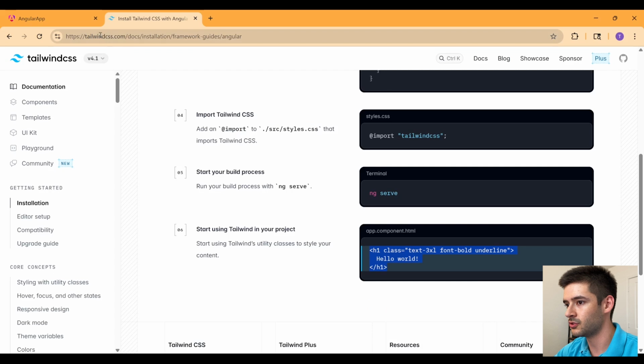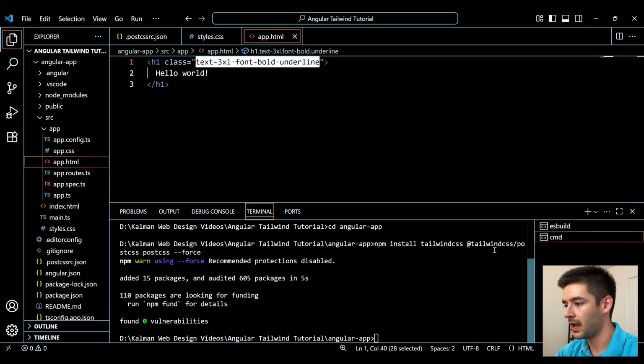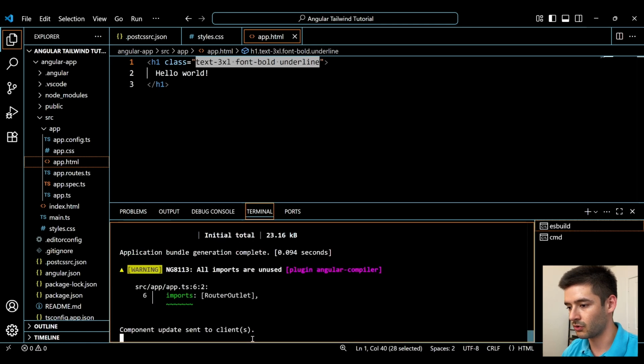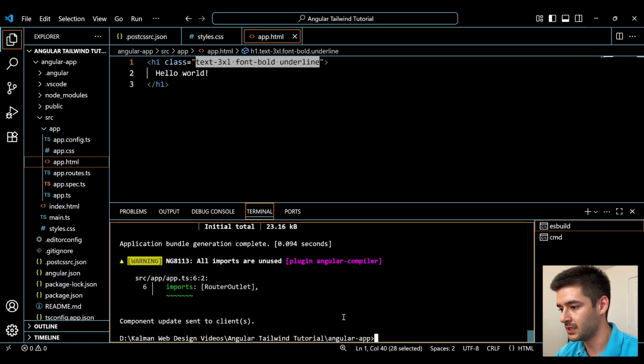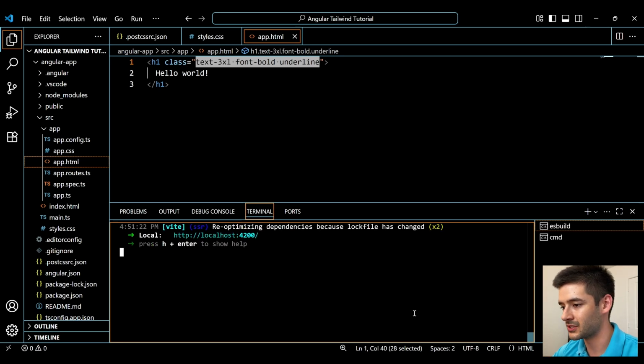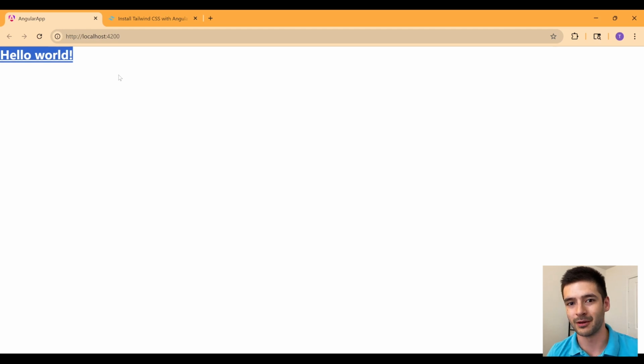If we go back into our locally hosted URL, you guys are going to see here that our styling is not being applied. And that's because we actually need to stop and then restart our server. So I'm going to go back over here to where I started up my server, scroll all the way to the bottom, Control C to stop the server, and then run ng serve again to boot it back up. And then once it reboots, it will successfully apply our CSS styling from Tailwind. So back over here, you guys can now see that our Tailwind CSS styling is being successfully applied and it